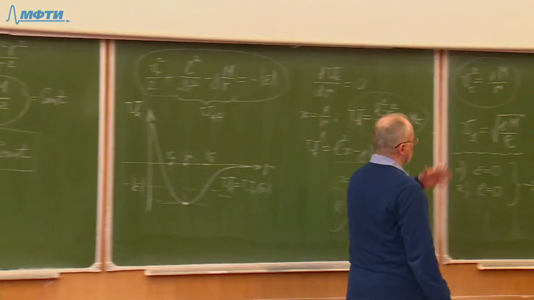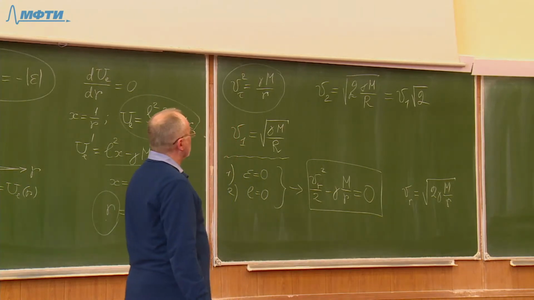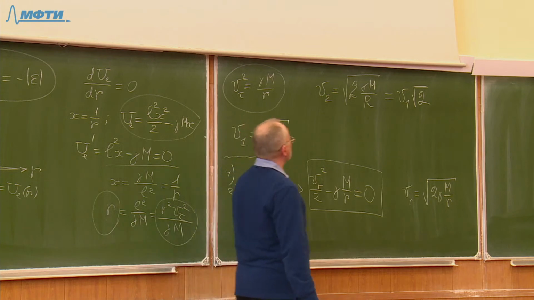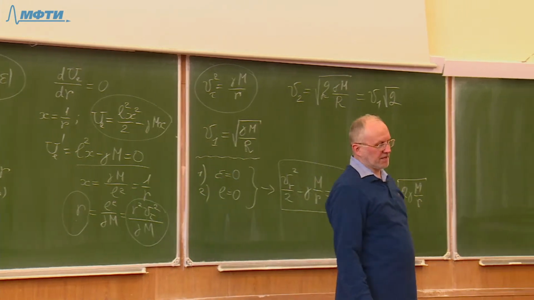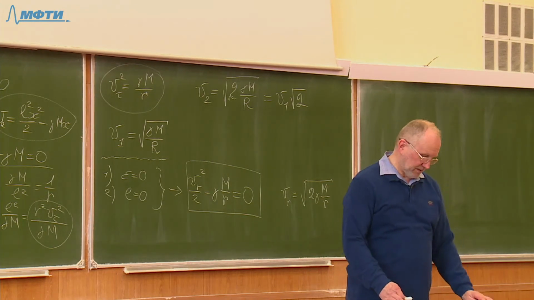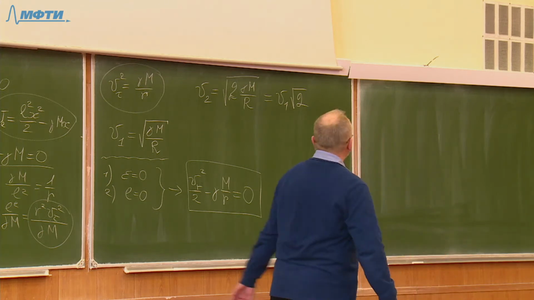All this is very simple, and it was known in the 19th century. It was well known. All these velocities were known. And there was such a scientist whose name was Laplace. Have you heard about him? He imagined that